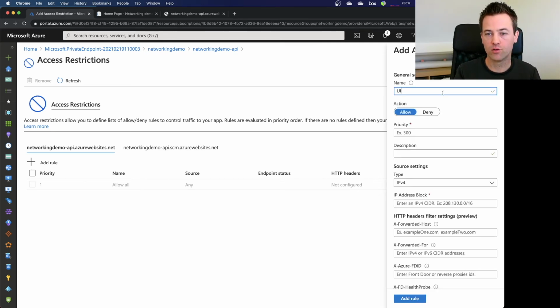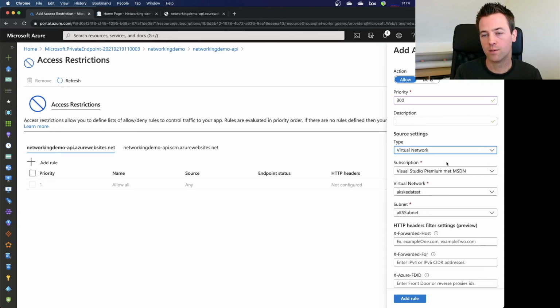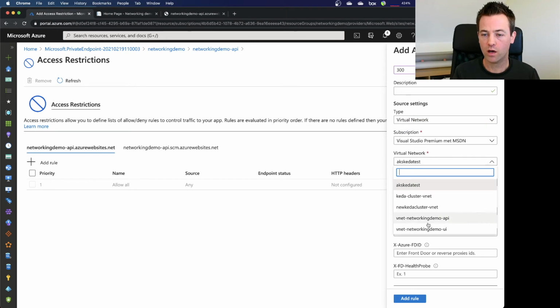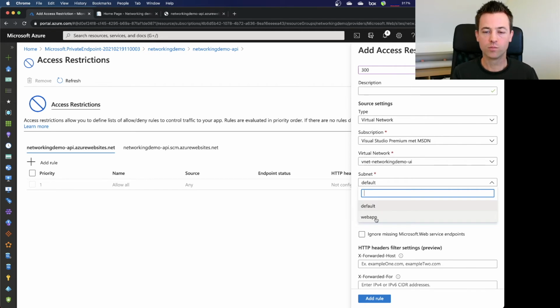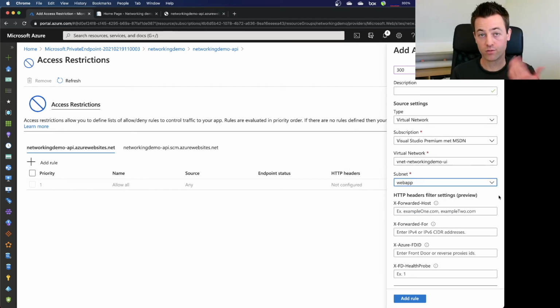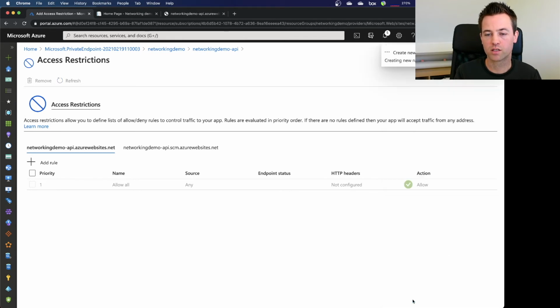So we're gonna add a rule here on the API. We're gonna name it UI, since it's the UI that's gonna be allowed to access my service. And then you get to pick a type. So you could specify an IPv4 address, a V6 address. And what we're gonna do today is specify a virtual network that we want to allow access to our API. So we are now going to pick the UI virtual network, and we're gonna again pick the web app subnet that lives in the network. The other stuff down here is new preview stuff, but we don't need that in this particular example. So I'm gonna hit add,